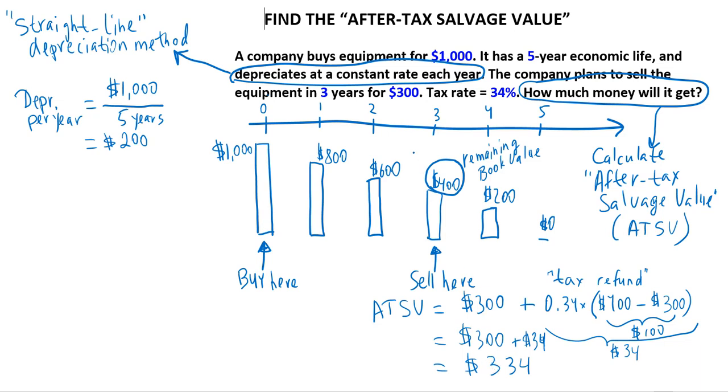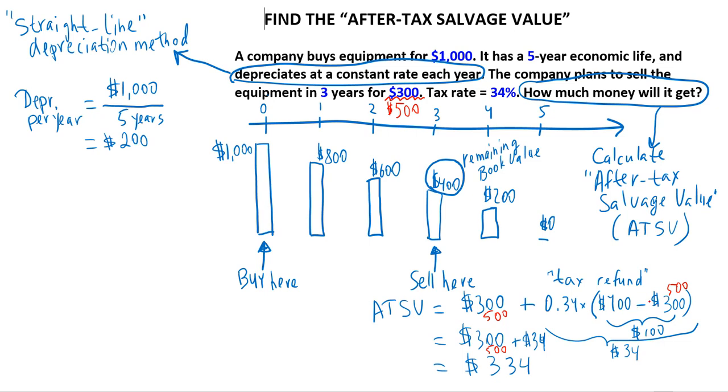And now let me change one number in this whole problem. Let's say we are planning to sell the equipment for $500. What will change? Well, basically, whatever we had 300, it's now 500, right? So we are now selling the equipment for $500, right? We have it here and we have it here. What else is going to change? Now 300 becomes 500, and essentially it's the other way around.